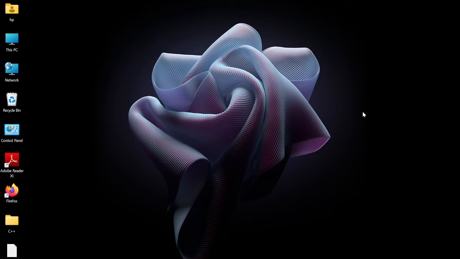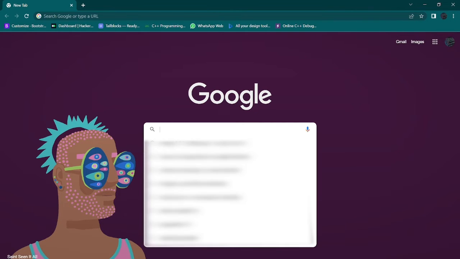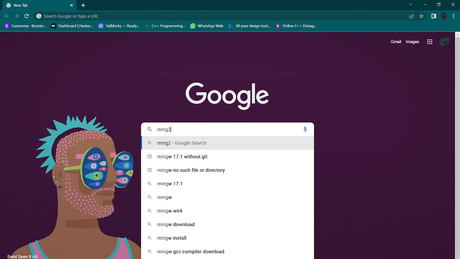Friends, today I will be telling you how to download MinGW software, a compiler to execute C++ programs. Let's see how to download. You have seen many videos on YouTube regarding this, but I will be showing you the easier method to solve this. Let's see. First, you have to open Chrome or any other browser of your choice and type MinGW